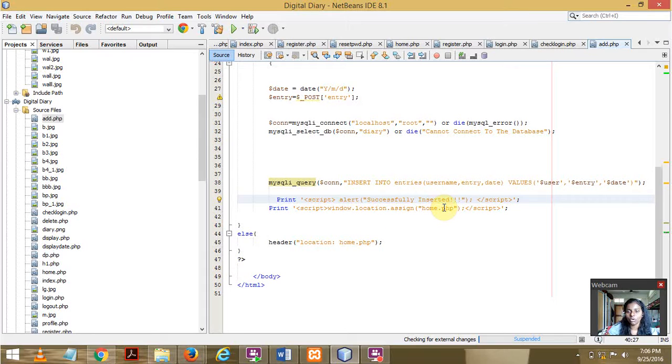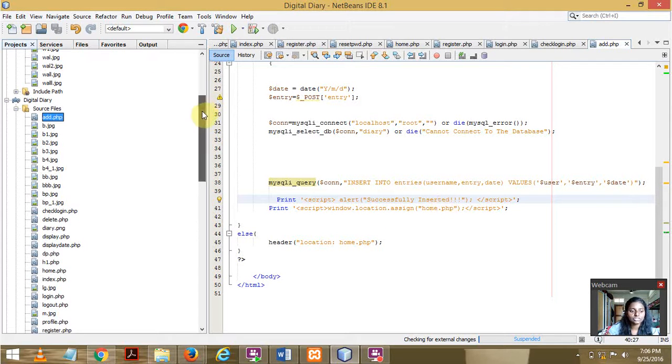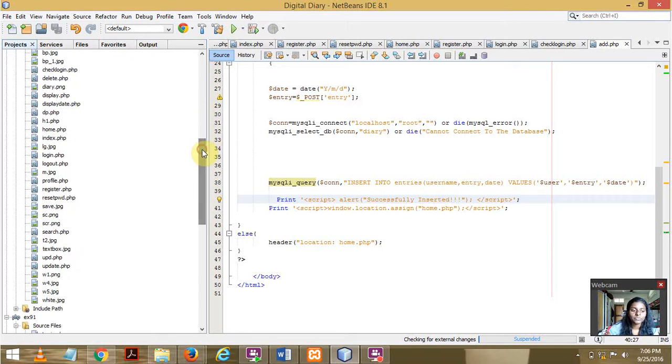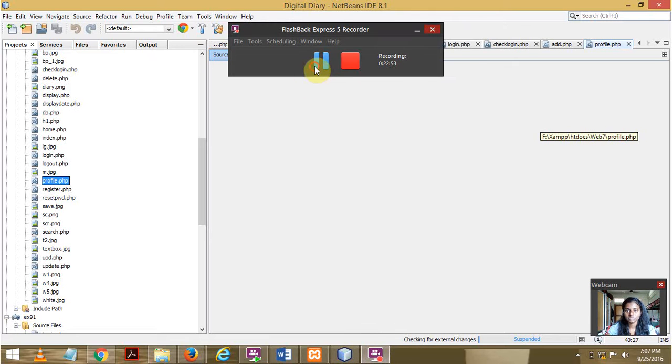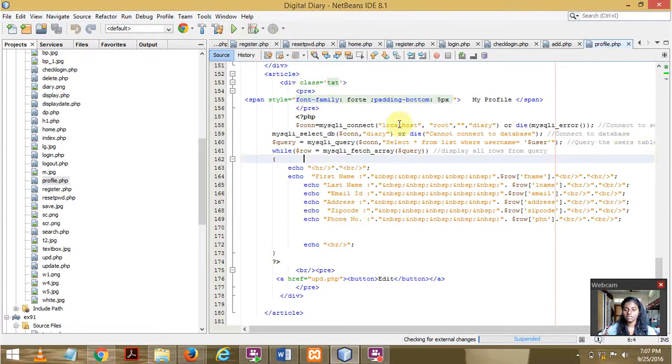Now I also spoke about a profile page. The profile page is displaying all the details of my user. So this is my profile page. Here again I'm using the global variables to take the data from other pages. Here I'm going to take the data from the database, so I'm going to use my mysqli queries to retrieve data from my database. You can see over here, this is how I am displaying it on my web page. That is, I'm first connecting with my database, and then selecting the database, and then